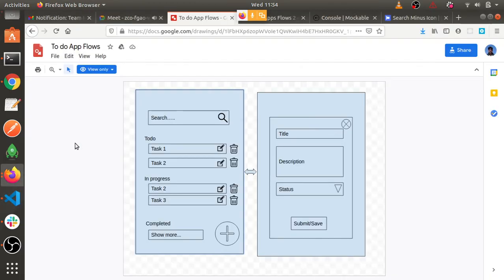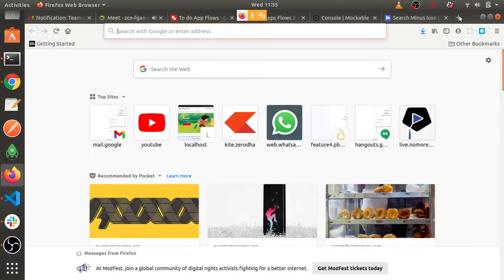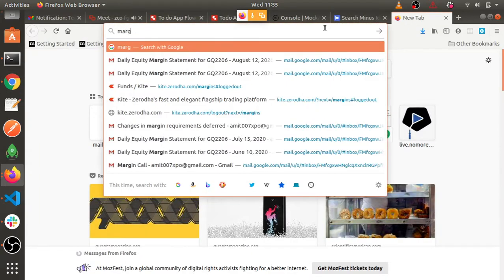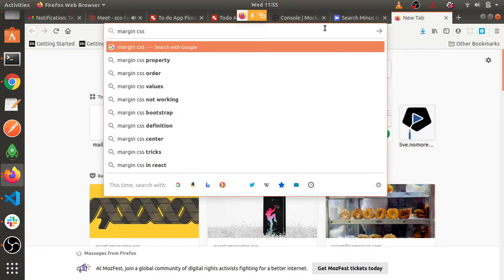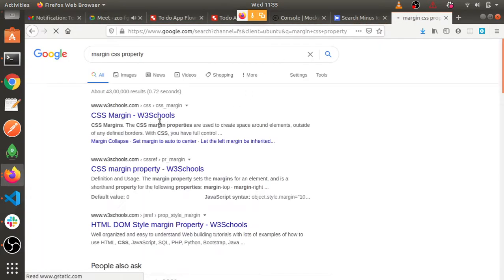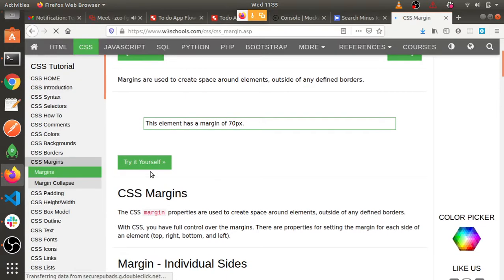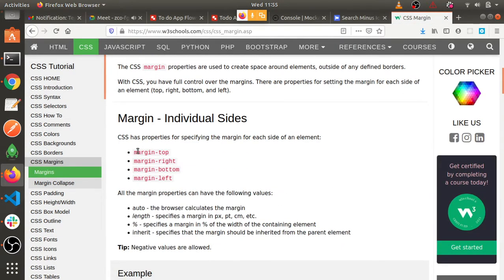Actually, I was thinking, for margin, do we have to specify something like margin bottom and margin top, something like that? There is shorthand as well. If we go to the margin CSS, if you type it, you'll get this property from W3Schools on the top always, and you can see there are different ways to do that: margin top, margin right, margin bottom.